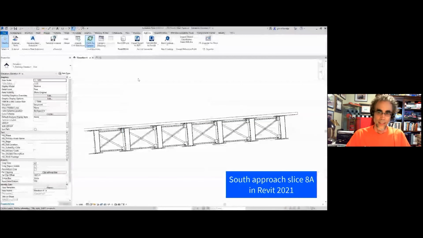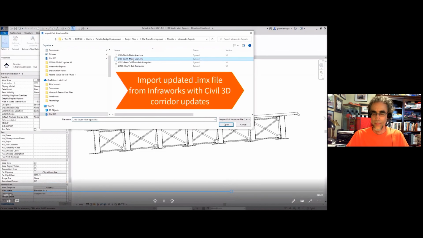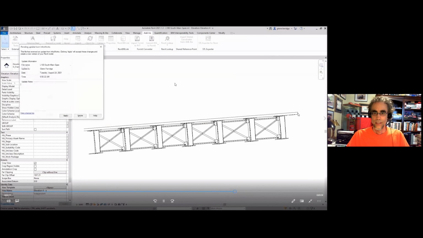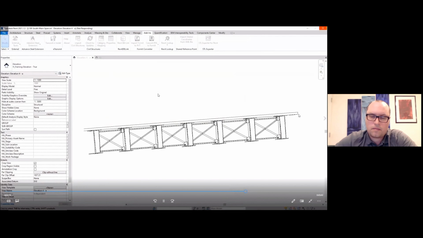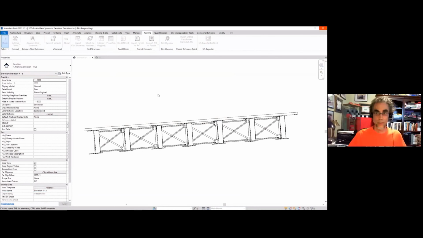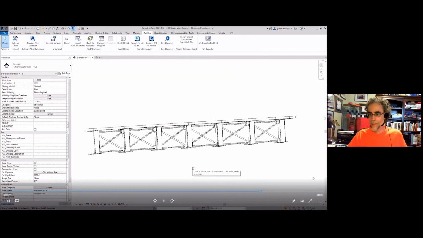Let's take a look. Keep an eye on the upper right-hand side of the structure. We apply the changes, and you'll notice, in this case, I updated the corridor, and it changed the super elevation and lowered the super elevation on the top there. Pretty cool, huh? The whole structure moved. Everything moved with it.